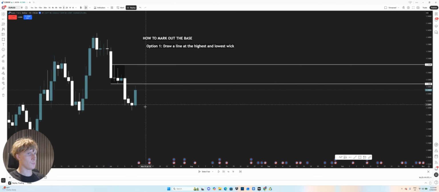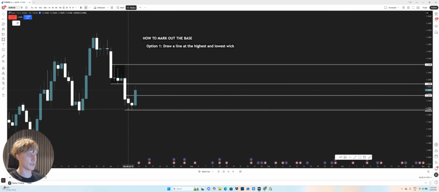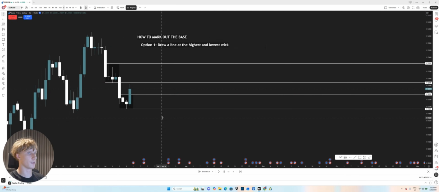So yeah. Now the same would apply to this demand formation, which seems to be appearing right here. So let's go ahead and mark out the lowest wick to the highest wick. Cool, we have now just isolated our base. And here we have our area of demand. So next time price comes into this level, potentially we would look to take a buy. Of course, we need to look at the weekly, etc. But I'm just showing you as an example right here.